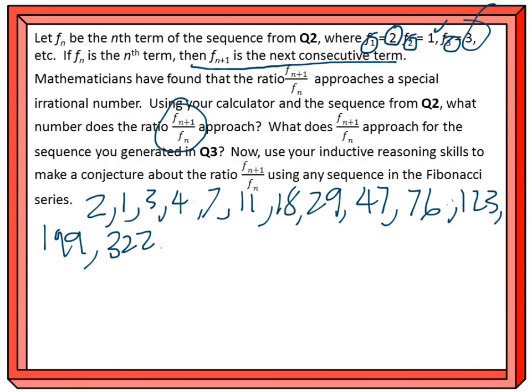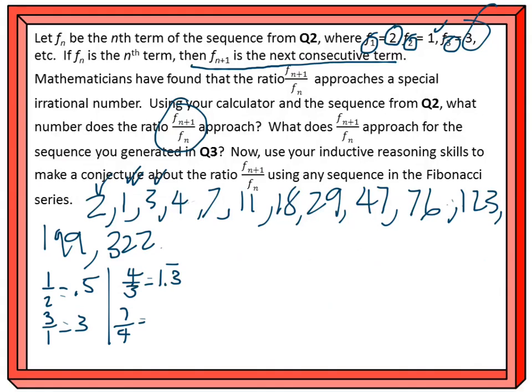Okay, so what I'm doing is I'm dividing in my calculator like this. I want the second term over the first term, so that's 1 over 2, it's 0.5. Then I want the third term over the second term, 3 over 1, it's just 3. Then I want 4 over 3, which is 1.3 repeating, 7 over 4, which is 1.75,